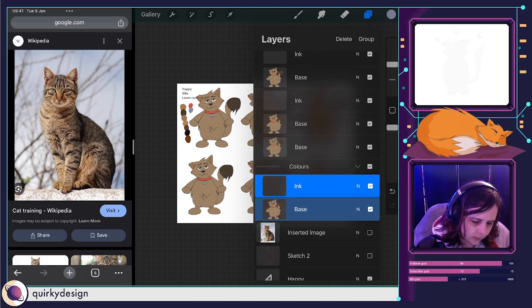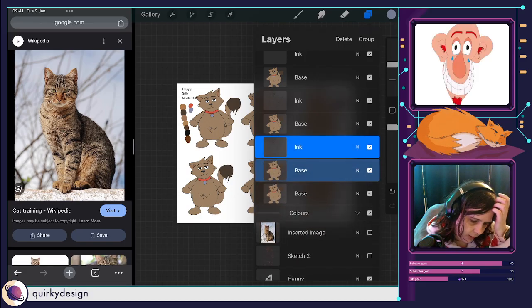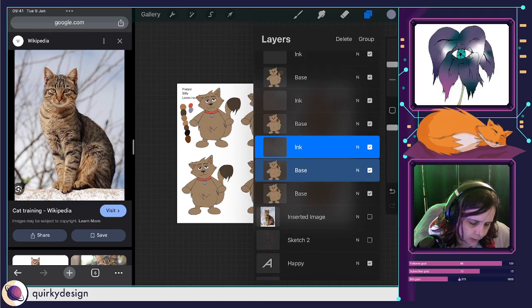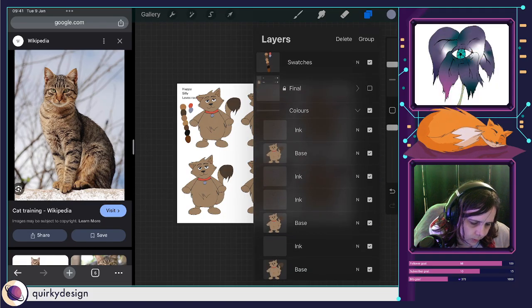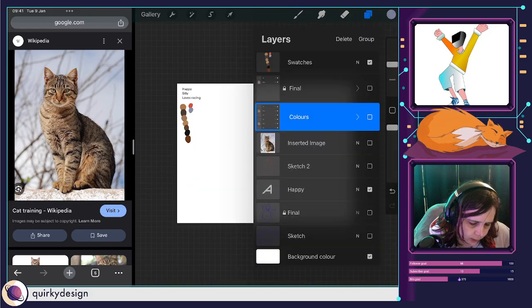Almost there. Right, okay, so all my concept ideas are into this one group here. Yep, so that's fine. Right, okay.